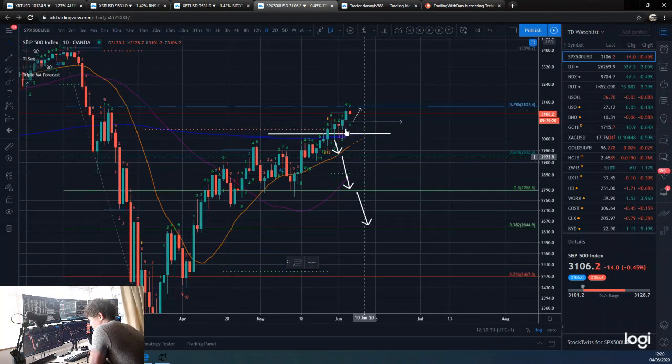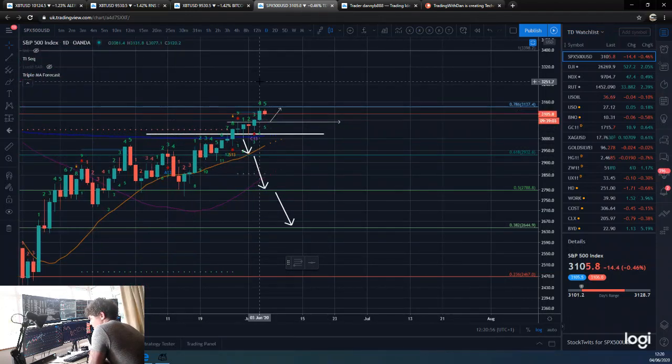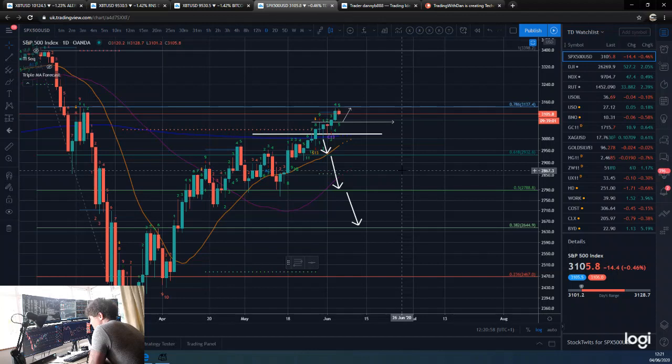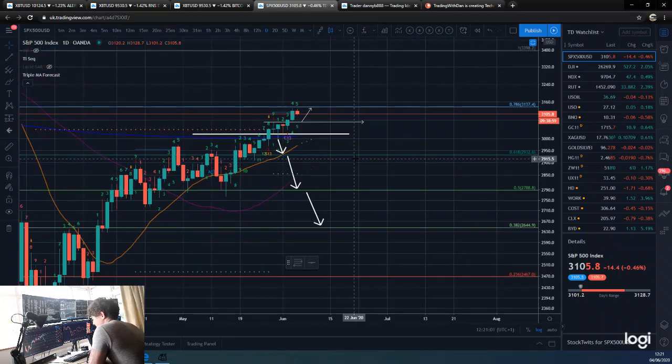But yeah, obviously downside wise, we're still looking at these levels. We're still looking at under, say, 3020, and then obviously under the 200 day, which will be around that level almost exactly. But at the moment the trend is still up, so we can't really say, oh right, we've got to take a short now. But you can see we've got quite a bit away from the 21, and when we do, we tend to come back towards it. So I'd expect a move back.